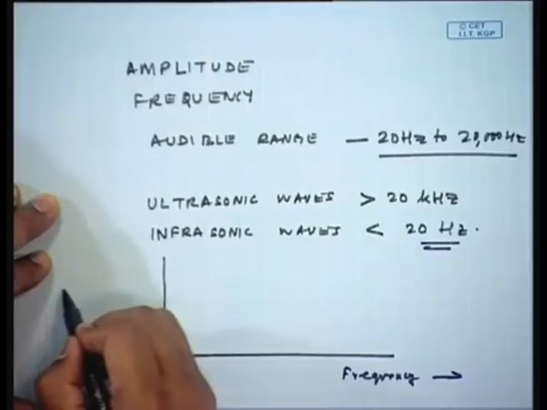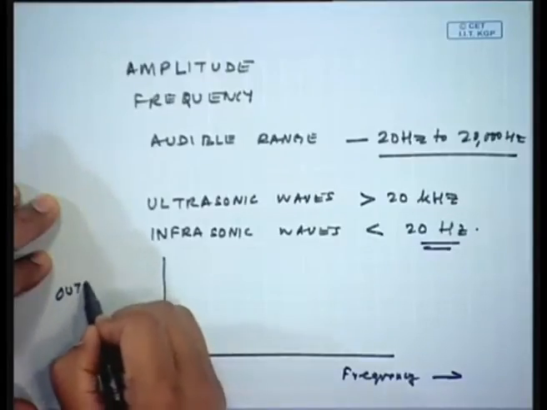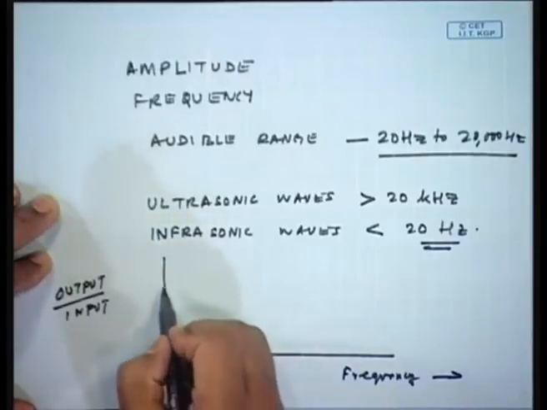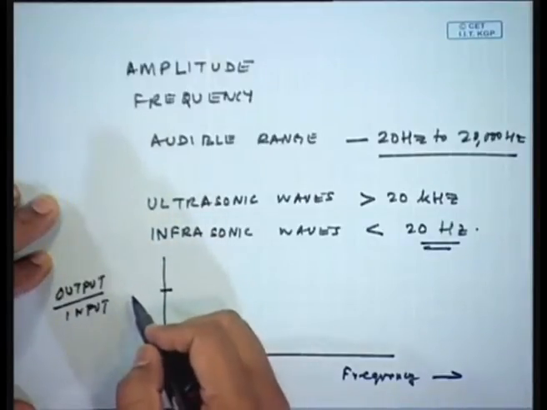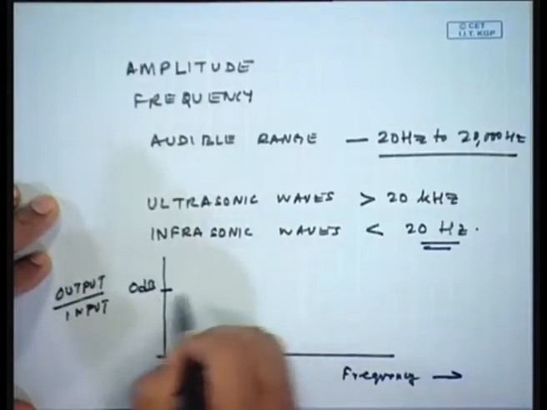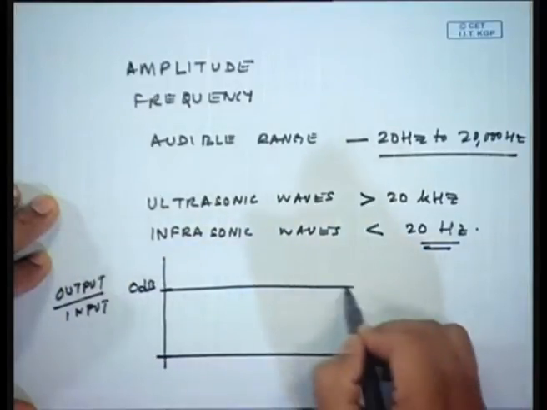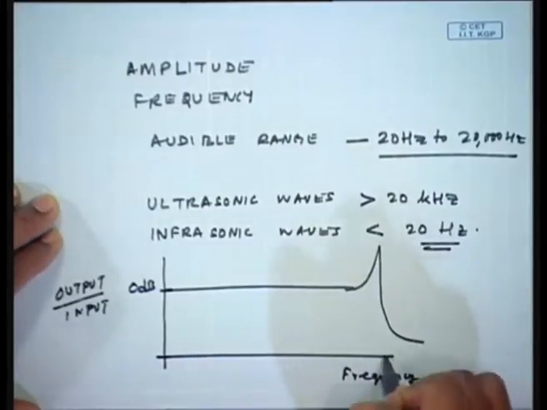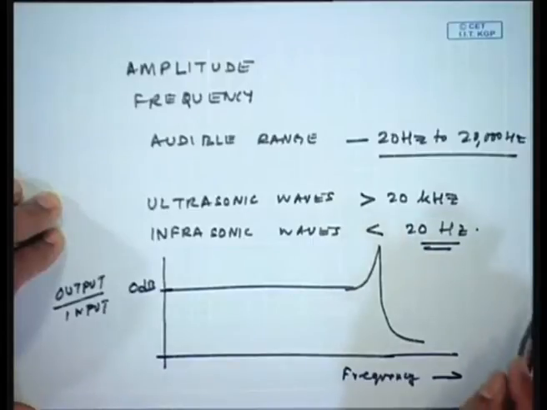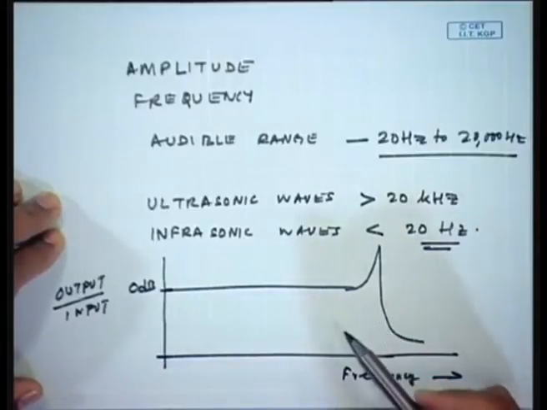So, this is the amplitude ratio, output by input. Output by input will be 1, or in log scale, 0 decibel, because log of 1 is 0. So, this is typically the response of any instrument, and this happens to be its natural frequency. If you think of our human ear,